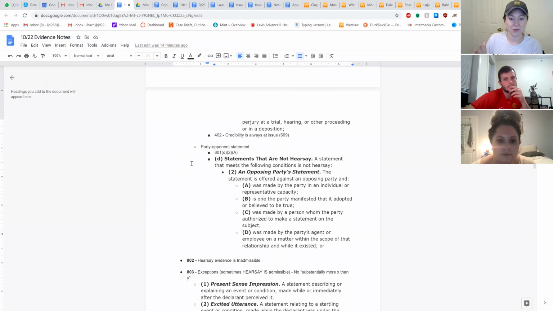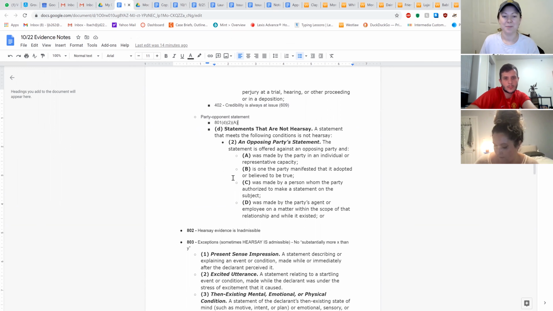Okay, the last major reason why something is not hearsay is if it's a party opponent statement, which is 801(d)(2)(A), which you will have memorized like that. It will roll right off your tongue. Opposing party statement. This is the easiest thing. Basically, if you're on prosecution, anything the defendant says ever is coming in. That's just how it is. No objection, no nothing. It's coming in. Everything. So let that be a lesson to all of you. Literally anything you say your entire life can and will come in against you. No questions asked. If you're on the defense,